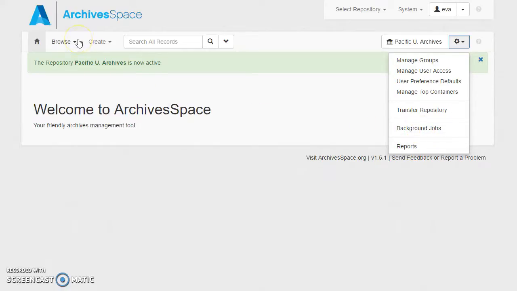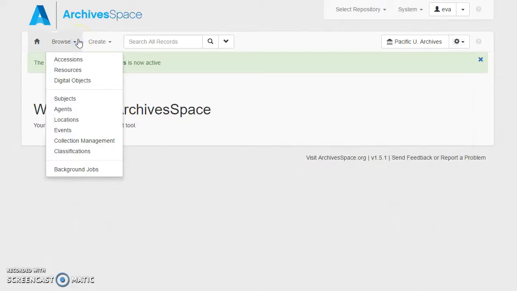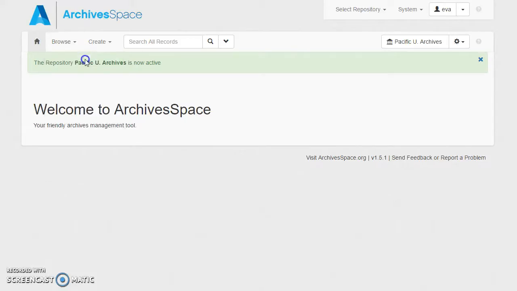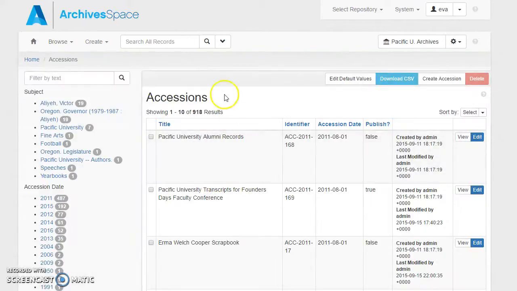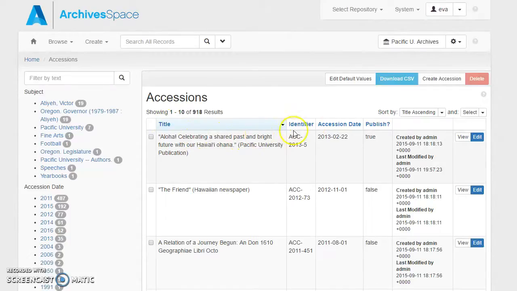Let's go back over to the Browse section. We'll take a look at what accession records look like. So clicking on this gives us a list of all the accession records that are currently in this repository. So just note that we're not seeing here our other repositories, the museum and art collections, just the archives. By clicking on one of these column headings, you can sort,